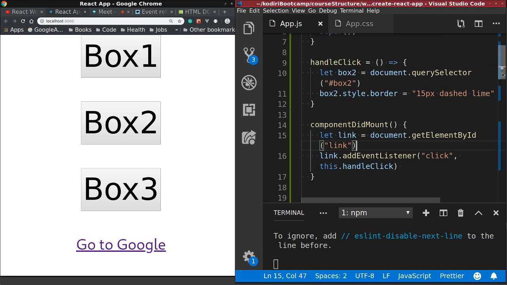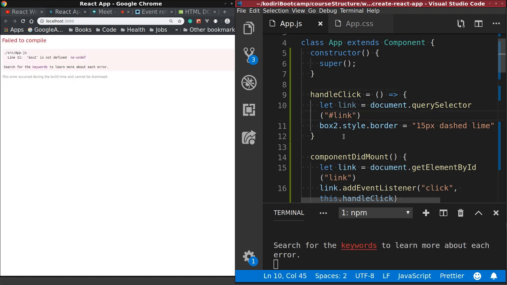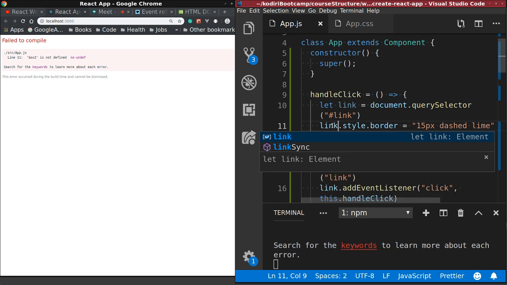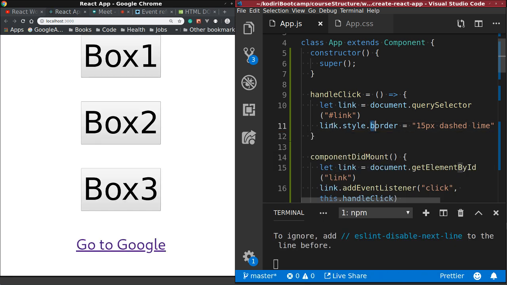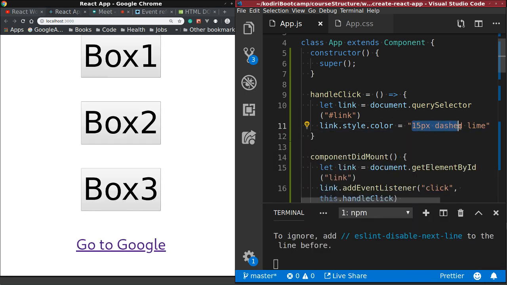So when we click on that, we want something to happen. So for example, if we want to change the color of the text to red,